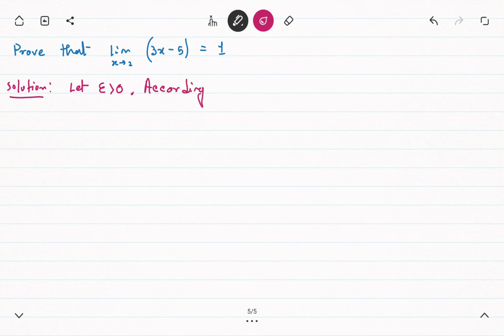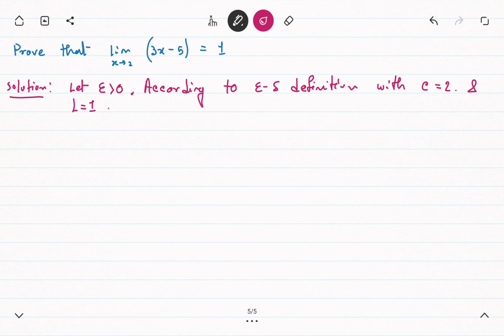According to the epsilon delta definition, we will write that with c equals 2 and L equals 1. If we compare these with the epsilon delta definition, we can